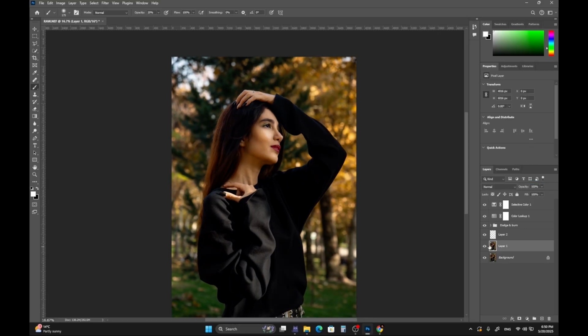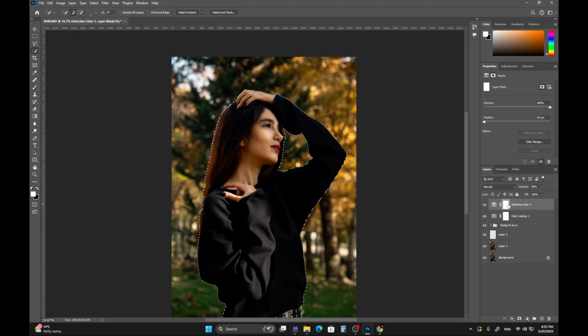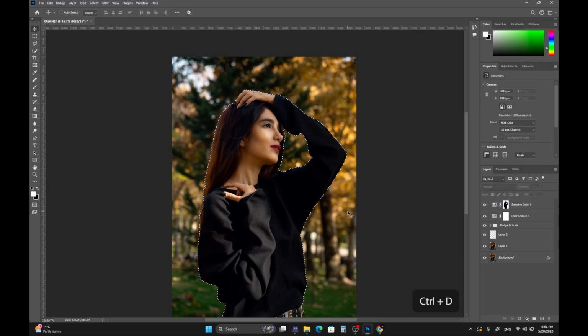If I only want these adjustments to affect the background, I go back to the main layer, press select subject, and then use Ctrl-I to invert the selection. Now it only affects the background. Press Ctrl-D to deselect. I create another new layer,